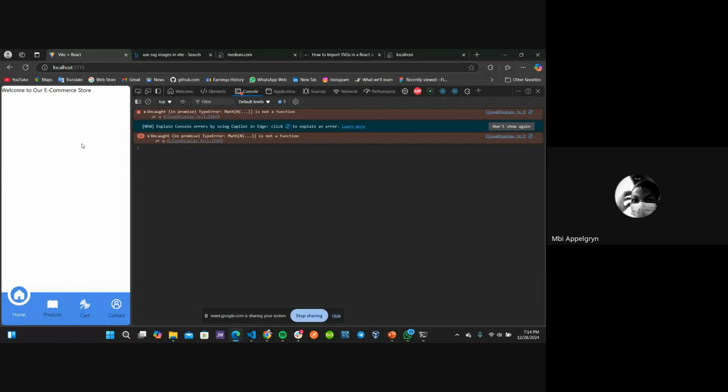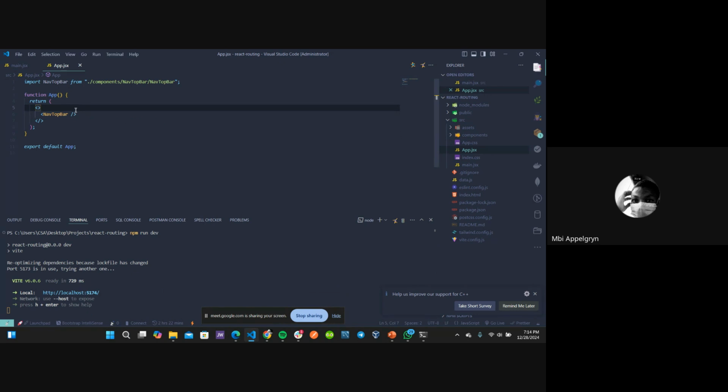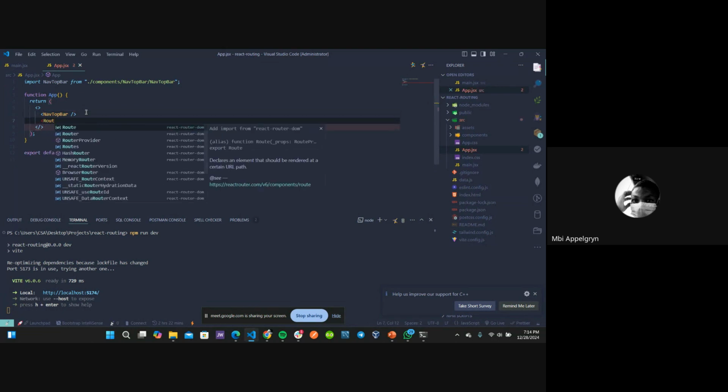Don't really look at this component right now. I'm going to walk you through all the various steps. So we have already set up our routing that is going to tell the browser how to navigate to the various pages. But we still have two components, two hooks that need to be used. What are the two hooks? The first is we go to our app component. We need to set up the various routes. So how do we do that? We import the routes